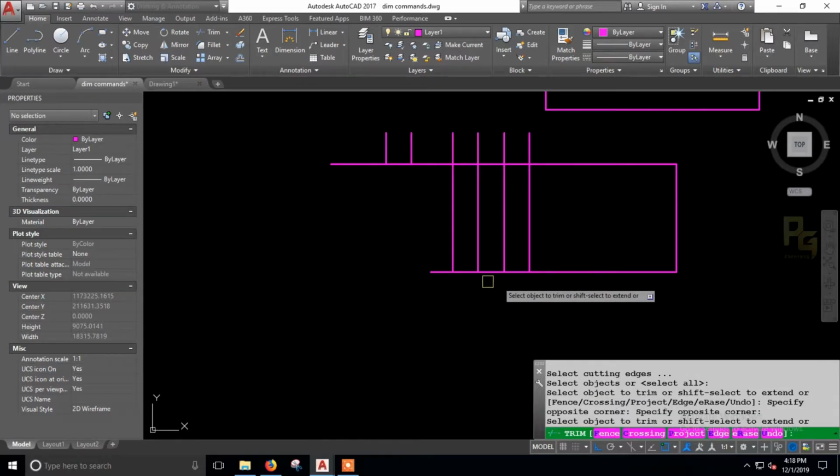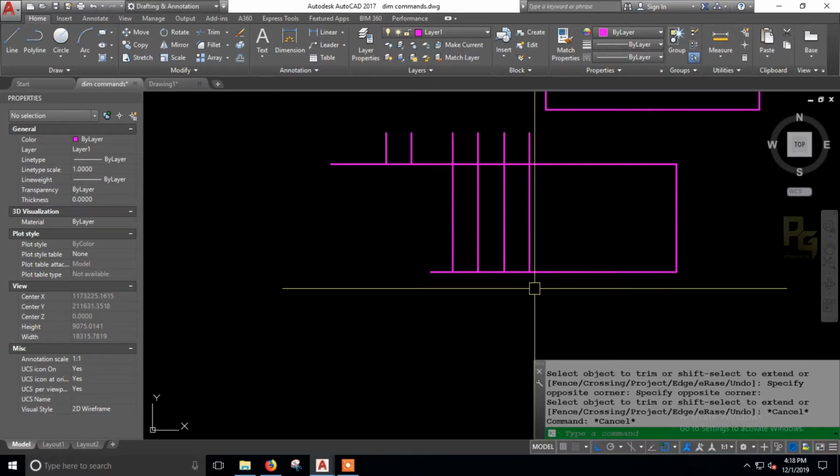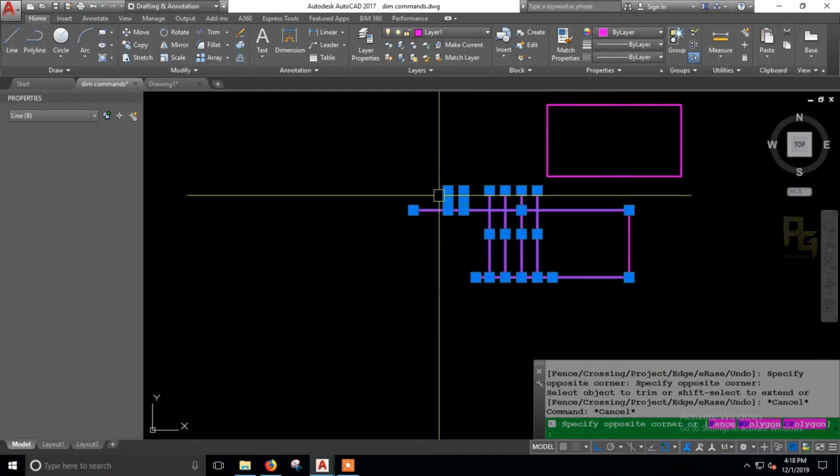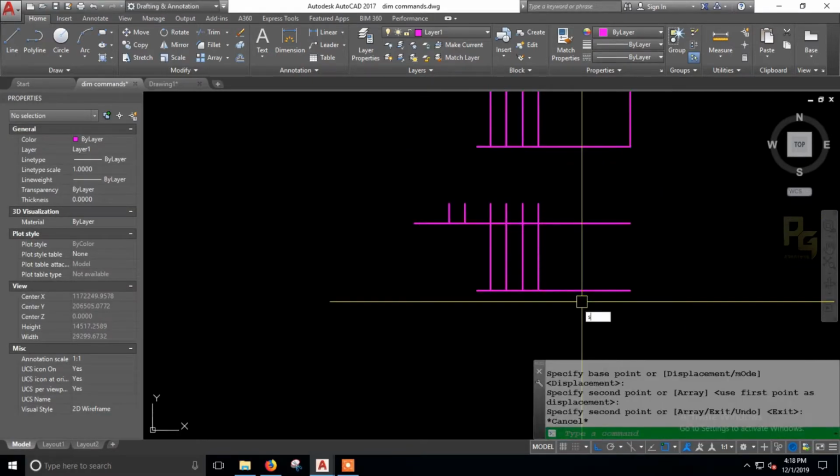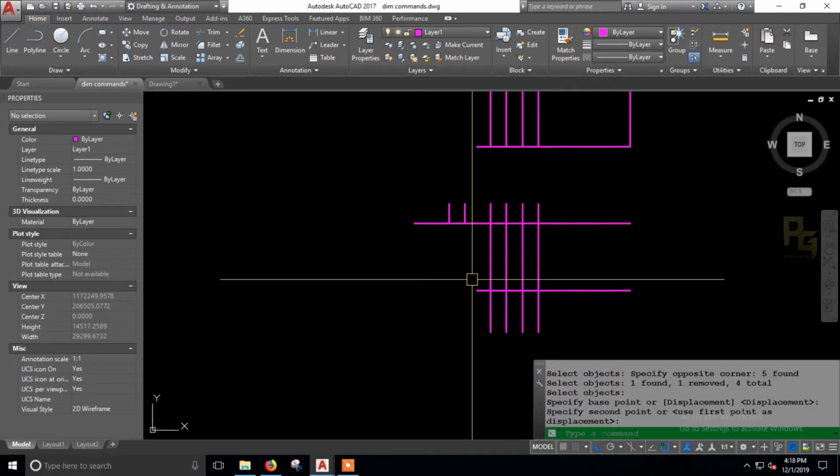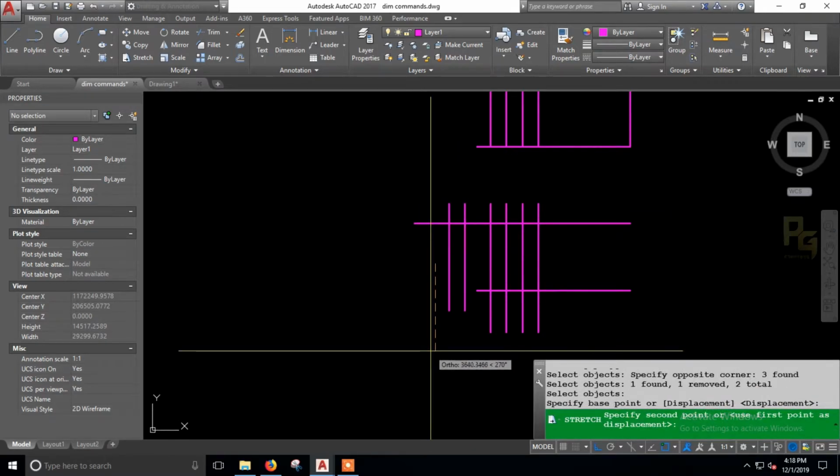I just cross through the window like this. The entire things get trimmed in this way. From this line, these 2 lines were trimmed. From this line, these 4 lines were trimmed, right? So the default option is crossing.